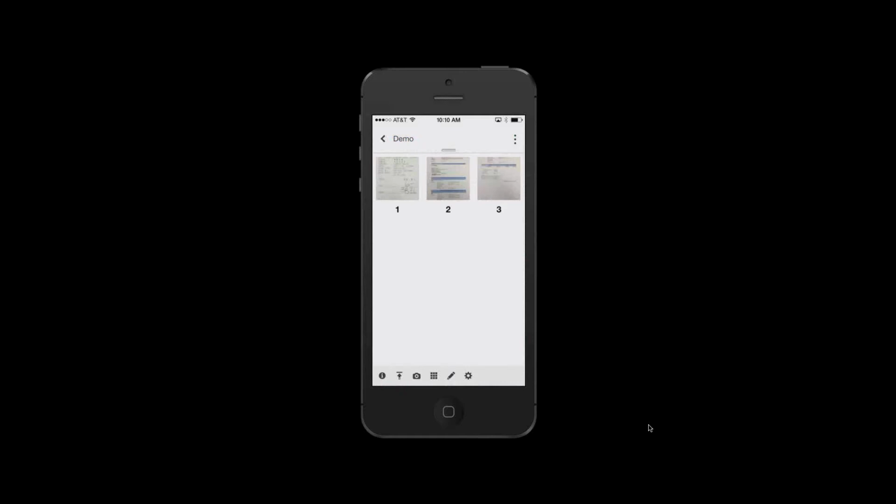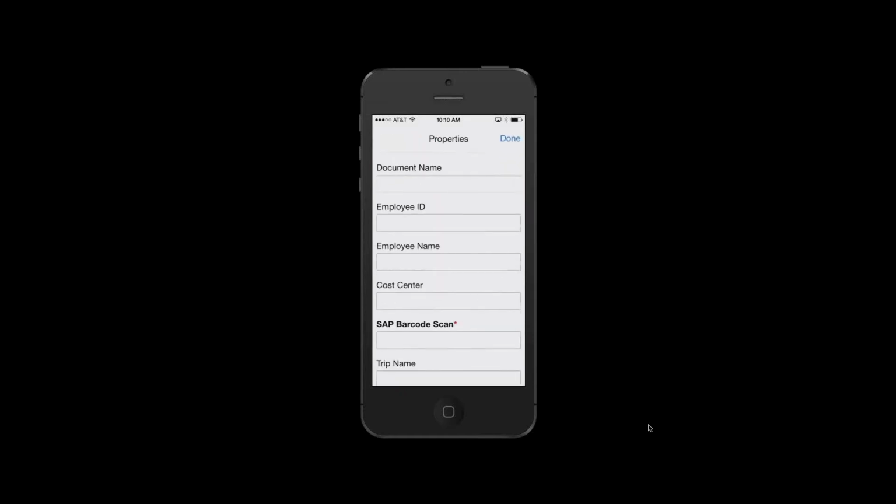Now I need to go in and add my property values. So for purposes of this demonstration, I'm going to show you not all of these things are things that we actually have to do at Lexmark. The only required thing that we have to do is the SAP barcode scan, which I'll show you here in a minute. But just to show you the flexibility that we have in terms of navigation and text input,